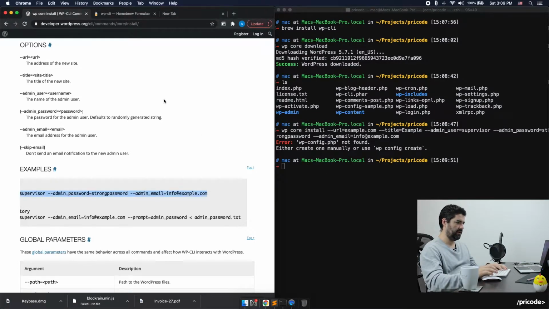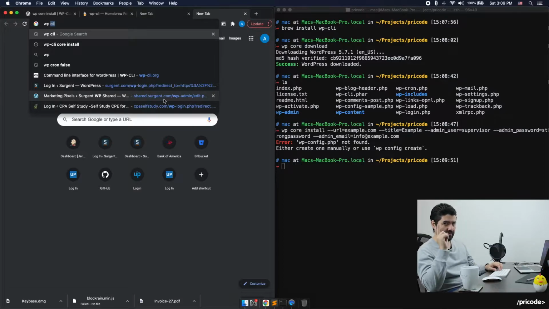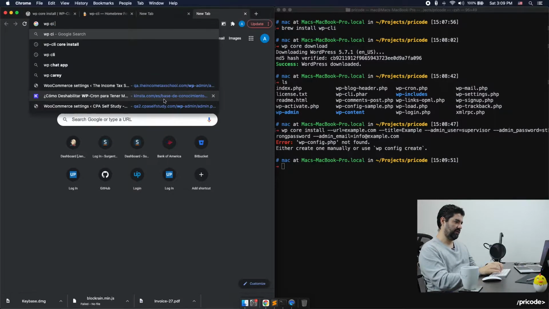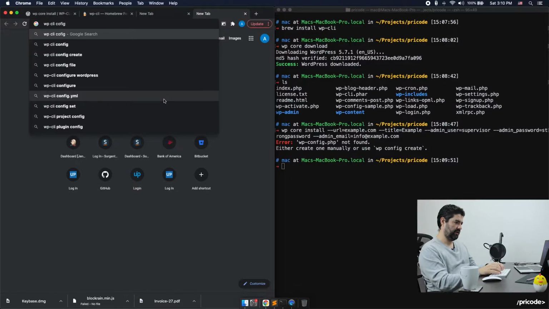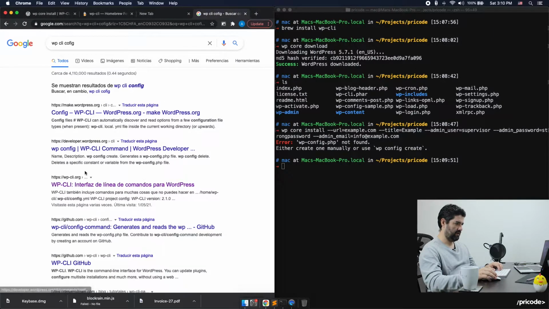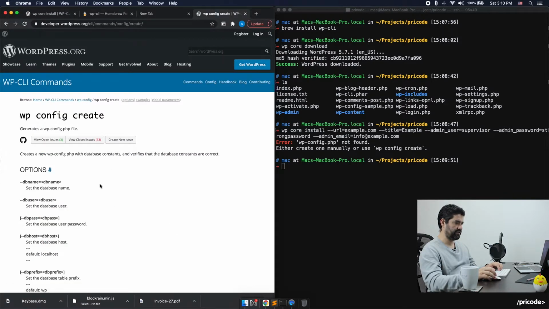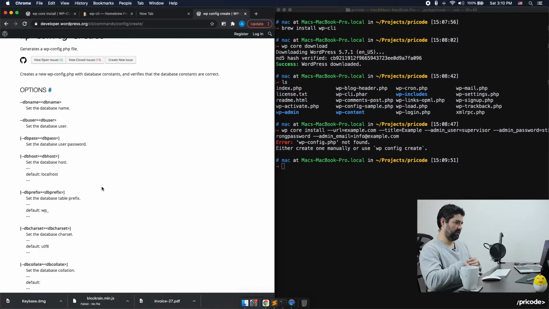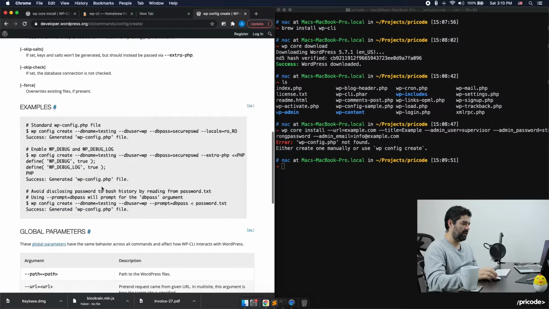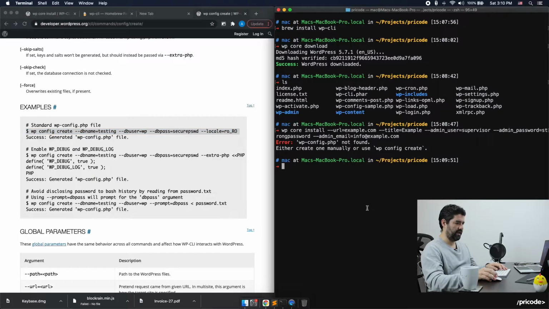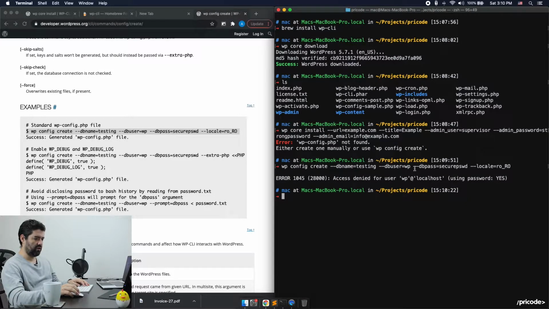Okay, WP config create. I have to set first the WP config file for it. So WP CLI config create. These are the functions that are already in the WordPress codex, and it's simple to create this and set this data. I mean this command. It's not going to work because I don't have a real database for it, so I'm going to just simply